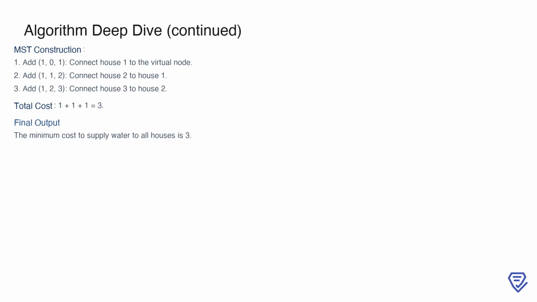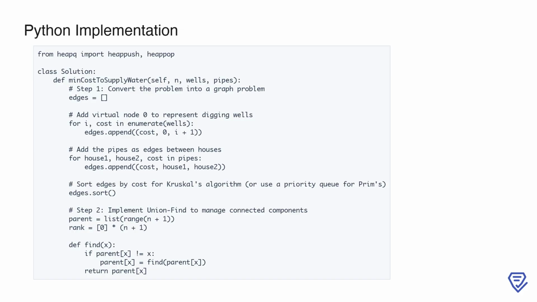By carefully balancing the costs of wells and pipes using our graph-based approach, the algorithm ensures that the solution is both optimal and efficient. The final output, therefore, is 3, which is the minimum cost to provide water to the entire village. To solve the problem of optimizing water distribution in a village, we can think of it as a